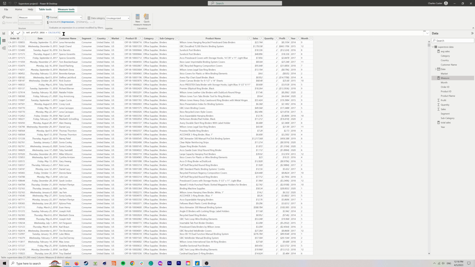What we want it to do is the sum of profit, but only for 2016. So the first thing we're going to tell it is to just do the sum of profit. We'll do SUM and then Superstore data profit, and then we'll close that. But now we want to tell it to only look at 2016. So we need to do